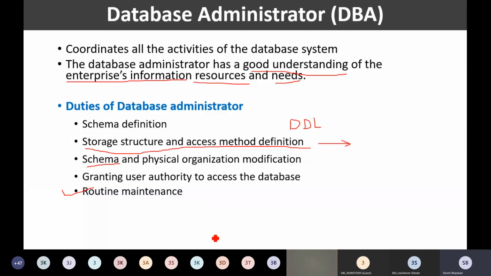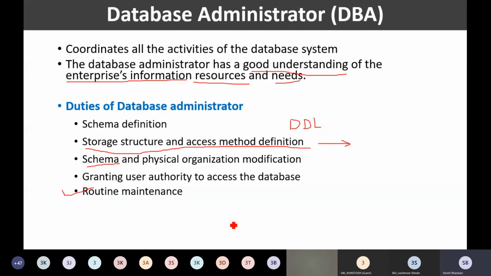Next, routine maintenance is like ensuring whether there is free space available on the disks. Sometimes it may happen that due to daily updations and insertions in the data, the capacity of the disk is not enough to store that data.